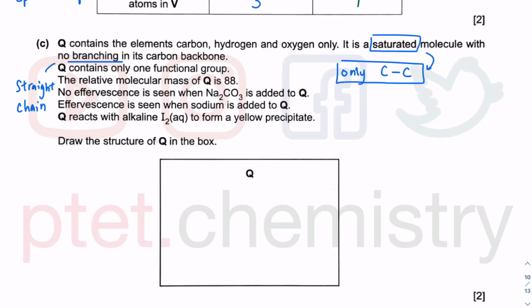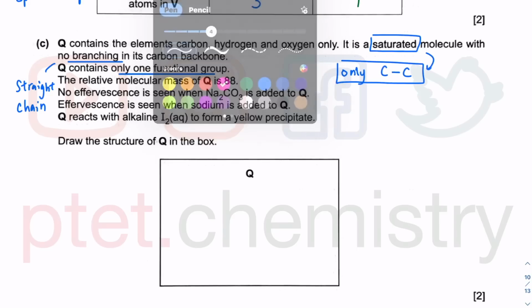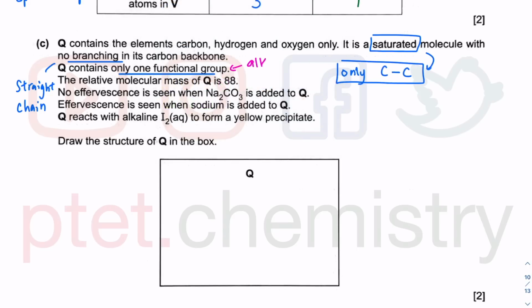And Q contains only one functional group. Bear in mind that in the syllabus, they specify that alkane is not a functional group. Alkane is not a functional group. This is as stated in the introductory organic chemistry syllabus in the Cambridge document. Now the relative molecular mass of Q is 88, so we can just add up all the relative atomic mass